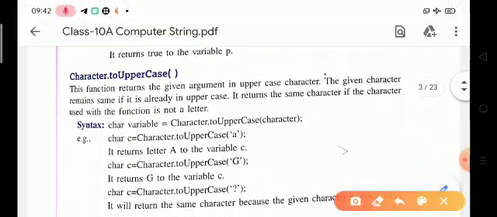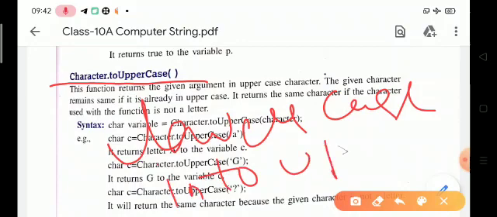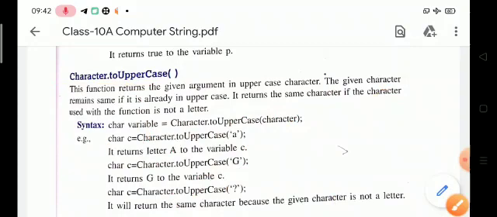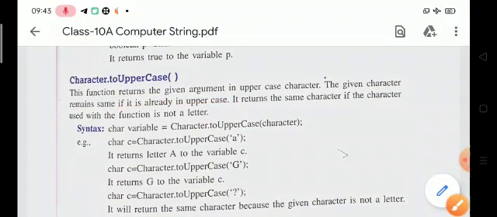Now the next function is the Character.toUpperCase function. This function converts a lowercase character into an uppercase one. The given character remains the same if it is already uppercase, and it returns the same character if the character used with the function is not a letter. For example,